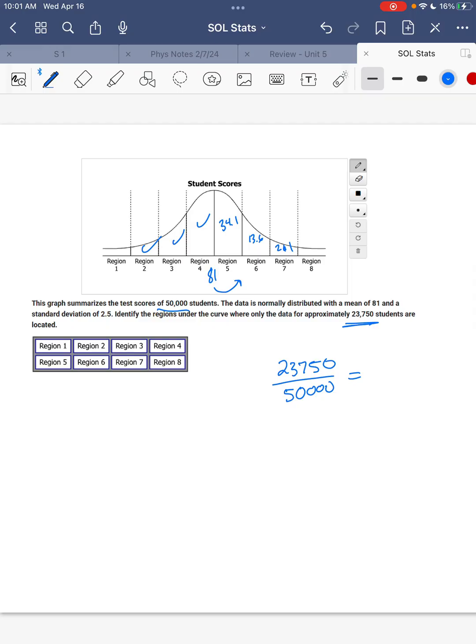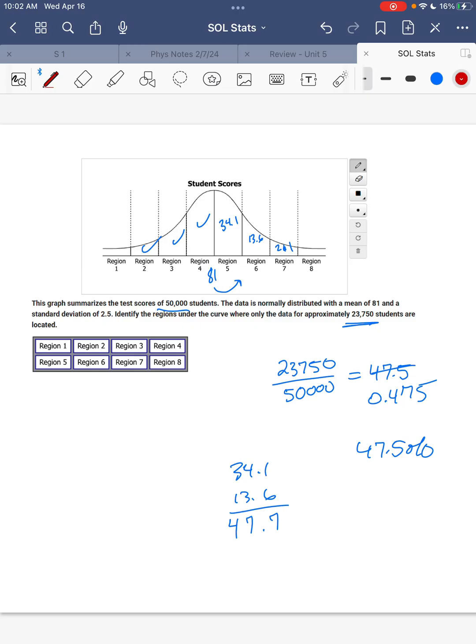23,750 divided by 50,000. So it's 47.5. It's actually 0.475, but that's 47.5%. All right, so here we go. So look, if you take 34.1 and 13.6, that's 7 there, this is 7, and then that's 4. So look, it's like 47, basically 47.5. So we need to basically select the two things that give me that. So why don't I literally just pick